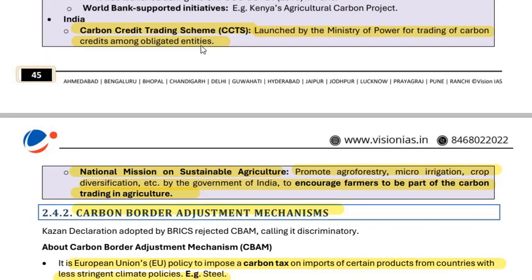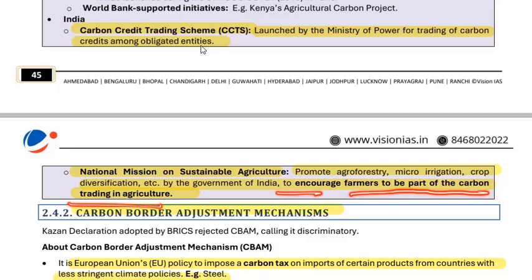You must know the Indian initiatives. First is Carbon Credit Trading Scheme. We have already discussed carbon credit in our previous video. It is launched by Ministry of Power for trading of carbon credits among obligated entities. Next is National Mission on Sustainable Agriculture. It promotes agroforestry, micro irrigation practices, crop diversification by the Government of India, or you can say it is also moving towards precision farming, to encourage farmers to be part of